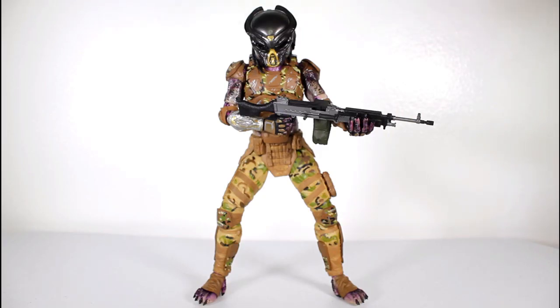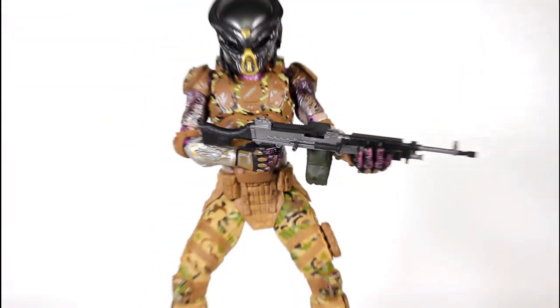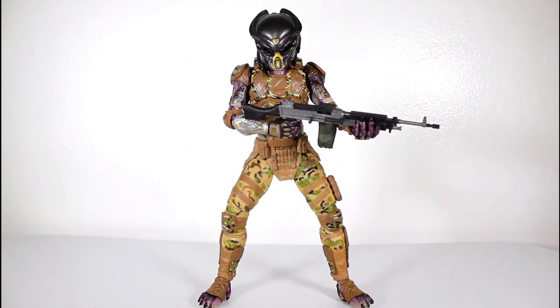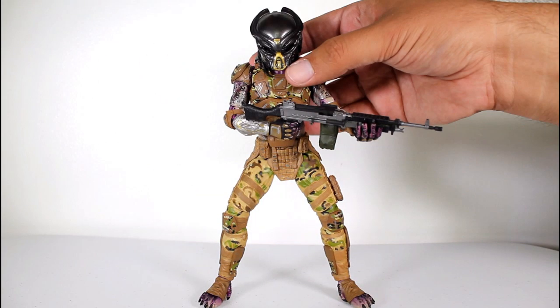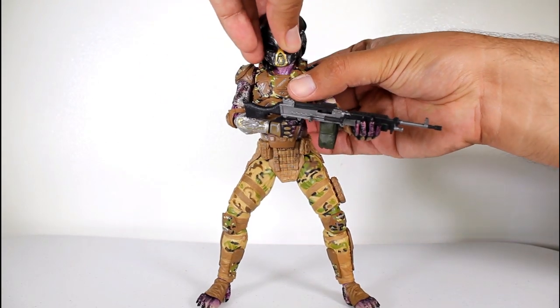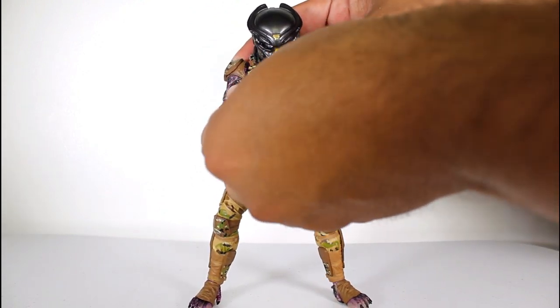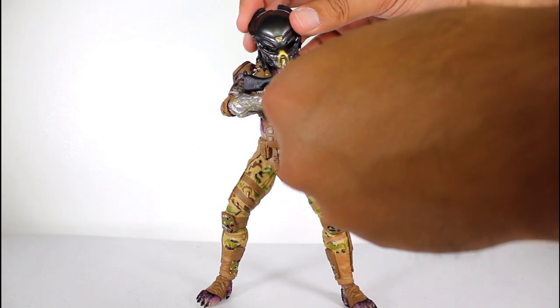All right, I switched out the head for the mask head and put on the grip hands, and they really do work out great when it comes to gripping the gun. And the articulation makes getting him into these basic poses really, really easy. You have to lean him forward a little bit, but you can tilt the head up to get a pretty good angle. And yeah, I'm going to try to raise the gun a bit, and then we get